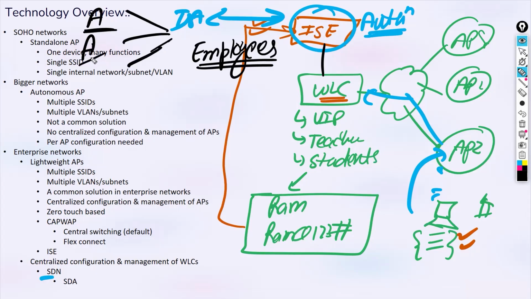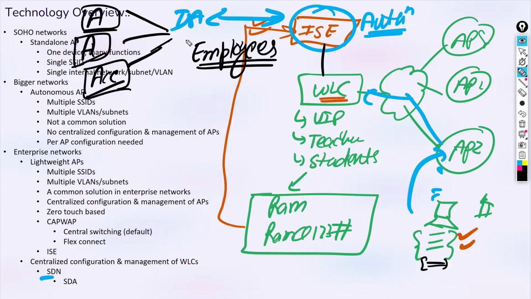Authorization means who can do what, right? So we'll create my authorization profiles. This user, based on this username and password, has what power, what flexibility, what capability to do in this wireless network. What you want to allow that user to do, whenever he is logged in. And accounting. Obviously, what he or she has done should be logged here, right? You should have an idea about that. So that's a way to track your users and their activities.